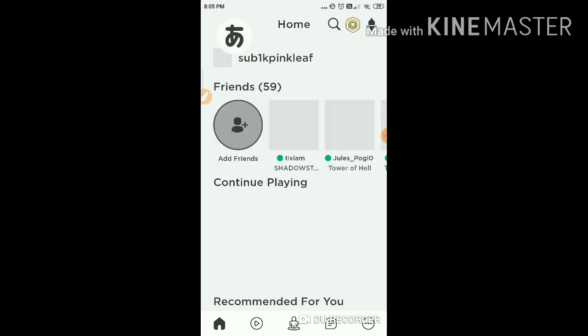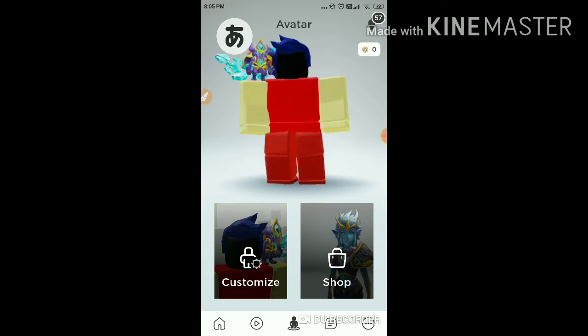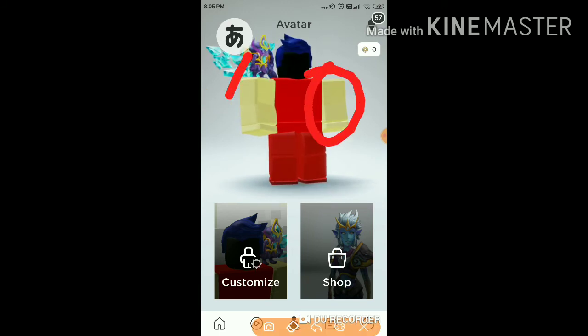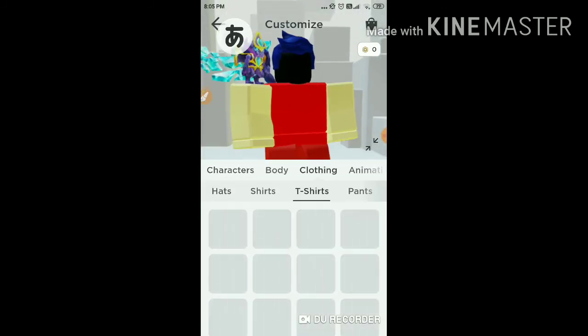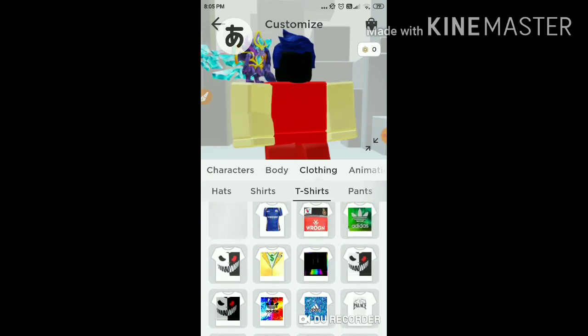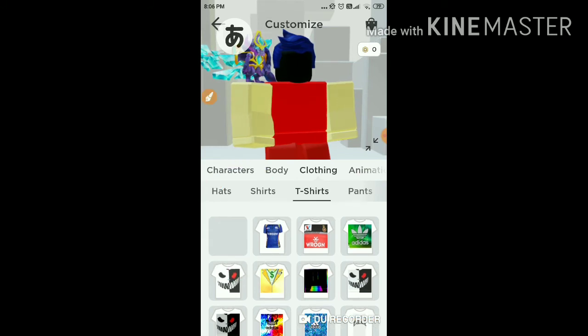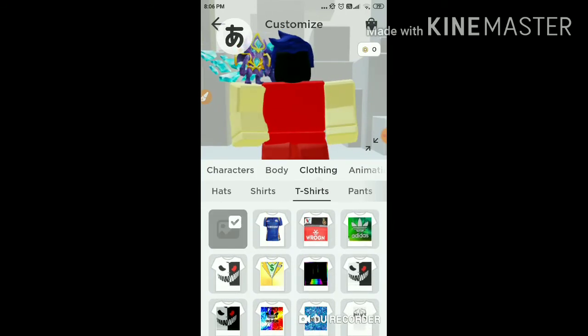Okay, from here you have to click on this avatar editor option, and here you can see our left and right arms are created in the selected color which we set from skin tone. Click on customize, guys, and go to clothing and t-shirt, and find the t-shirt you created just now. It will take some time to load. So as you can see, this is our latest t-shirt that we created, but it's taking a little time to load. Okay, now let's click and check it.